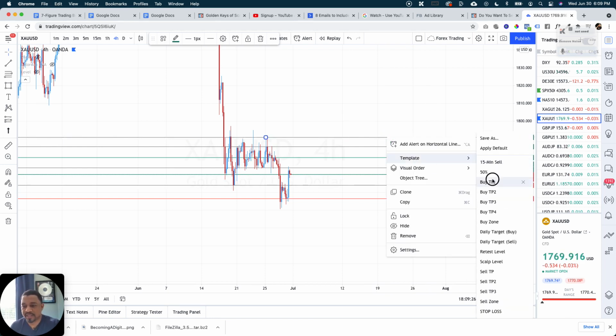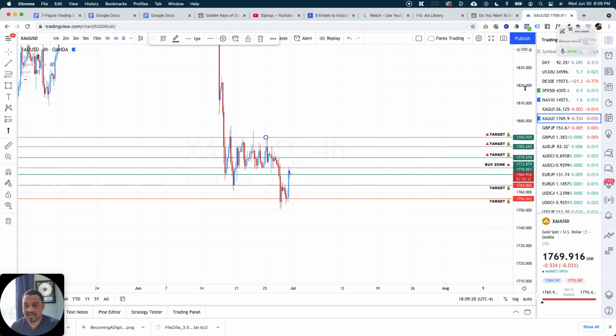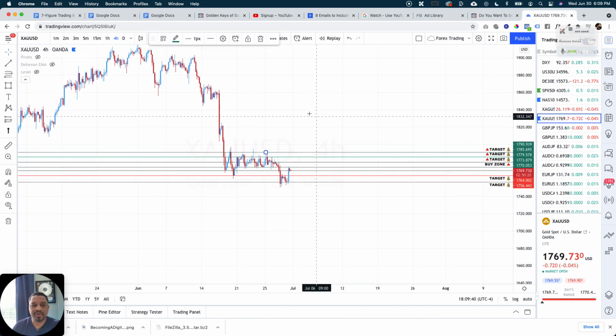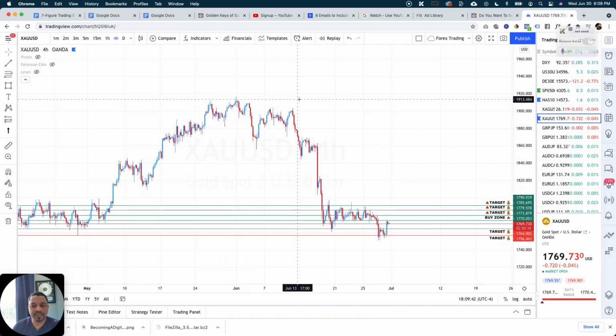If it breaks beyond these, look at these candles that price has to mitigate. So you can literally set a target up in the 1860 range. Why? Because price has been there before. Look at this, all the way up to 1917.